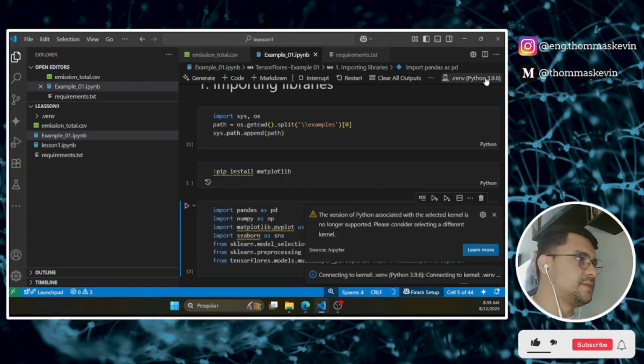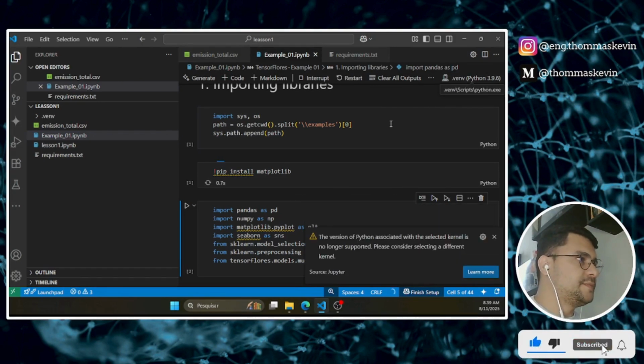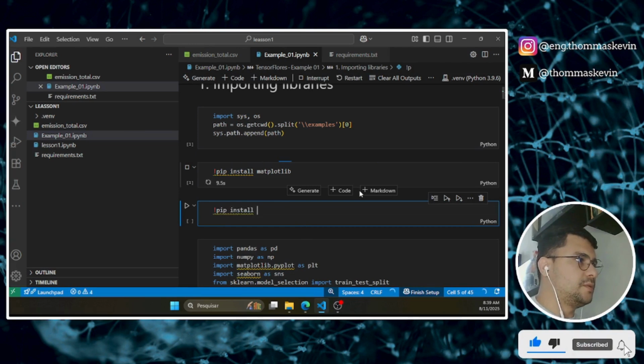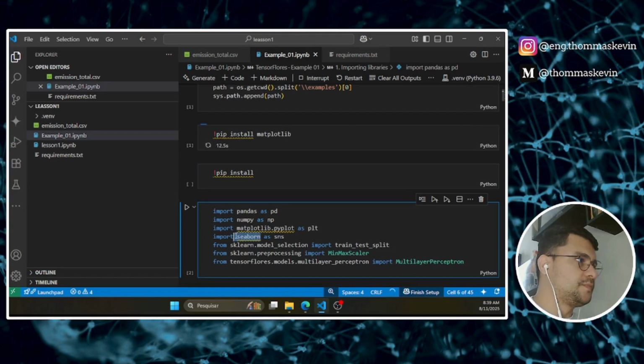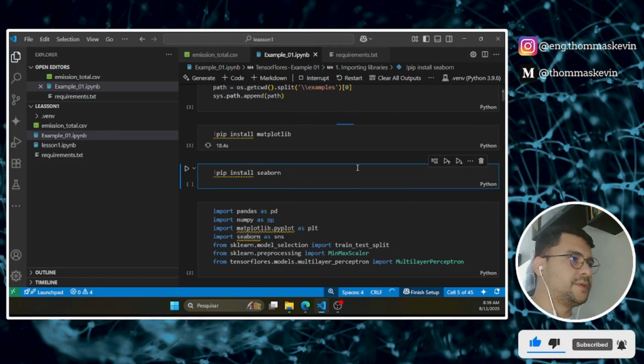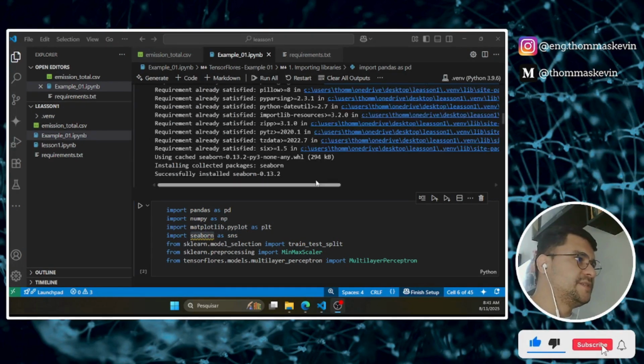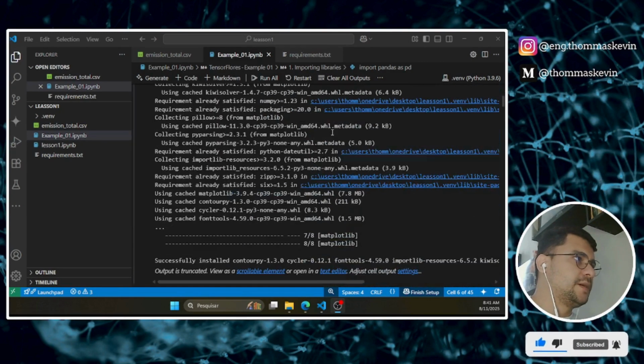select this environment and pip install Seaborn. Seaborn and matplotlib are the libraries to plot the graphics. Okay, these libraries are installed and clear here